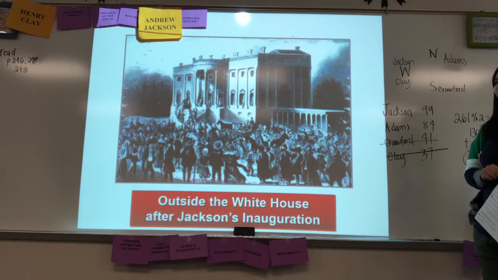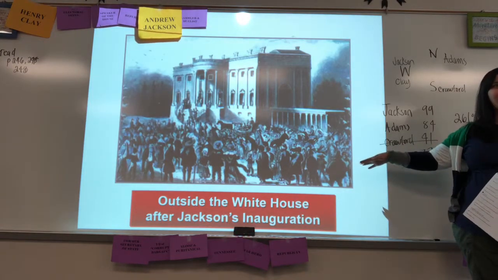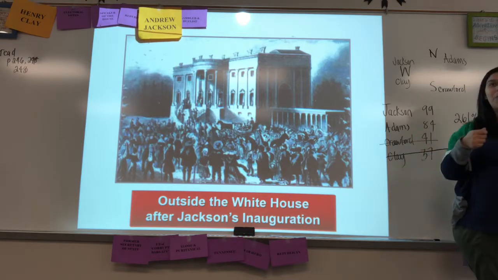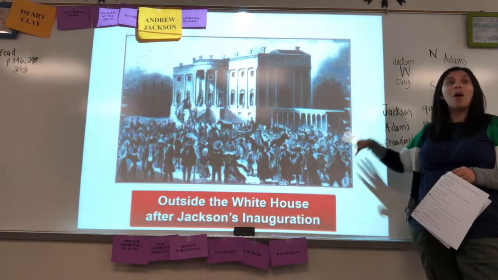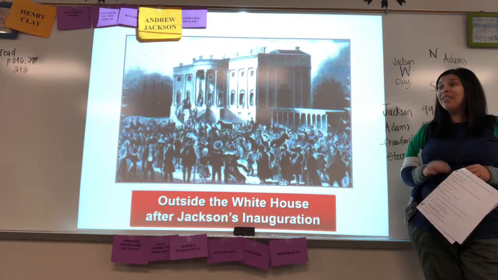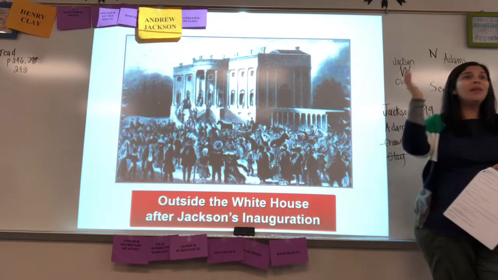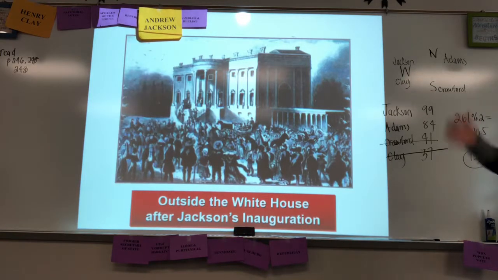Dolly Madison is freaking out in the White House because what do you think these people want to do? Do they just want to stay out here? They want to go in. Dolly Madison is taking Washington's portrait. She's getting the silverware. Take this stuff out because what does she fear the mob is going to do? And then one of her assistants says, look, this is what we're going to do to prevent them from coming in. Just go put a keg of beer out there, put some spike juice, and they had the first kegger